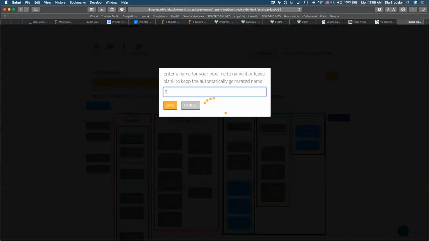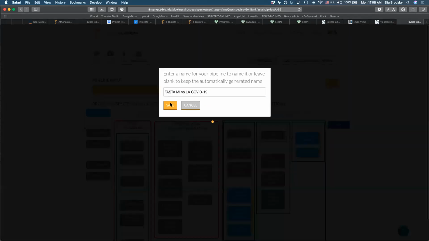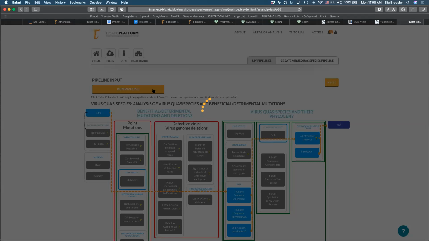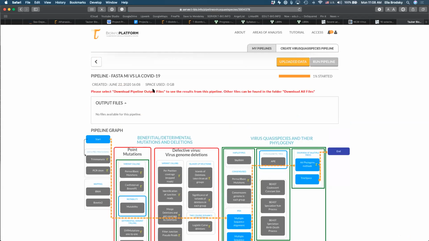Let's call it FASTA, Michigan versus Louisiana, COVID-19. Okay, I'm gonna run this pipeline. And by next time that we meet, we'll be able to look at some of the results that we got based on this analysis. But instead of doing exactly what I did, I want to ask you to start thinking